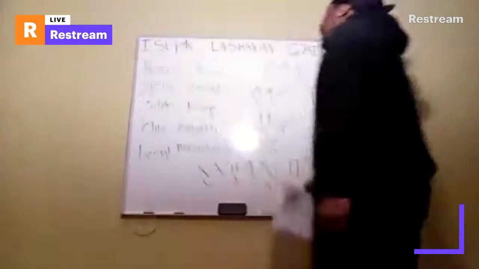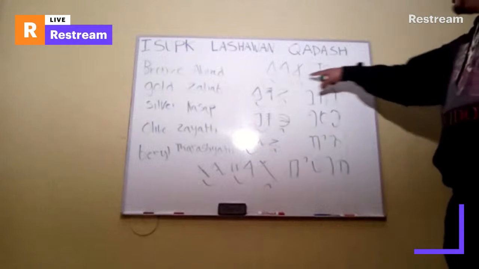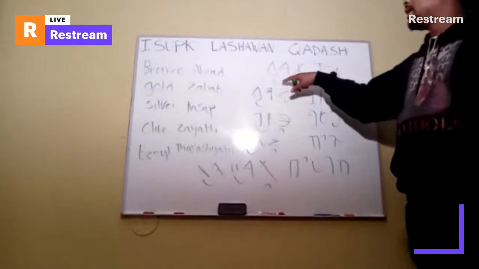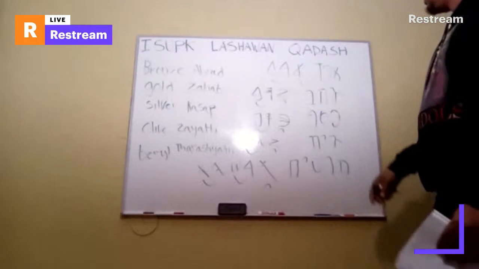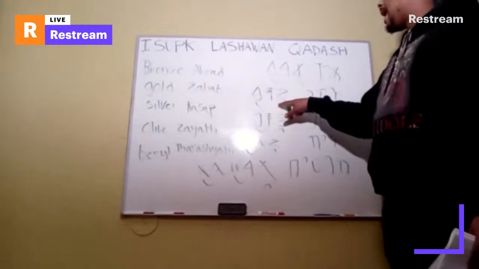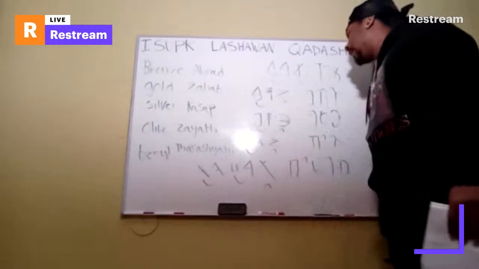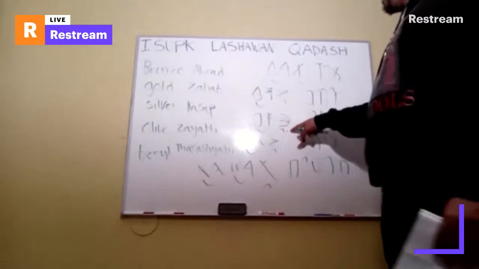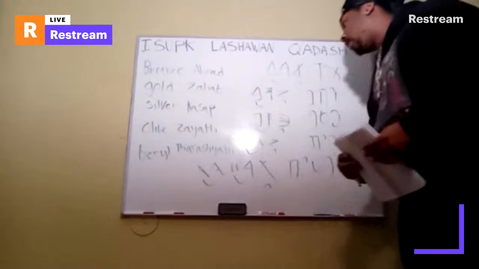Bronze. Assyrian spelling, ancient spelling. Rod: the Ra and Da sound connect at the end of the word. Gold, Zahab. Assyrian spelling, ancient spelling. Connect at the end of that word. Silver, Kasab. Assyrian spelling, ancient spelling. Kasab: the sa and pa sound connect at the end of the word.